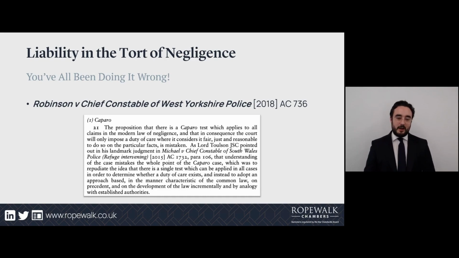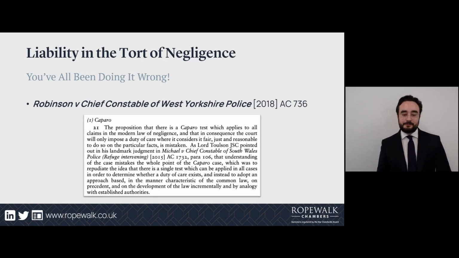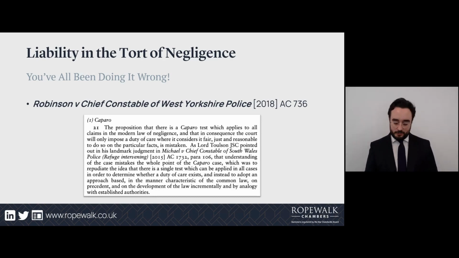And dealing with that Caparo test, Lord Reed sweeps aside any misconception that it might be applied in every case. It might be appropriate to ask whether or not it's fair, just and reasonable on the particular facts of any case to impose a duty. Lord Reed makes the point that the Caparo test is only there for novel cases, and the law should instead proceed on the basis of analogy with established authorities, and therefore incremental development in the manner characteristic of the common law, as he puts it. So a warning shot there from the Supreme Court